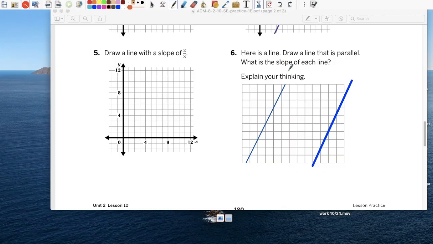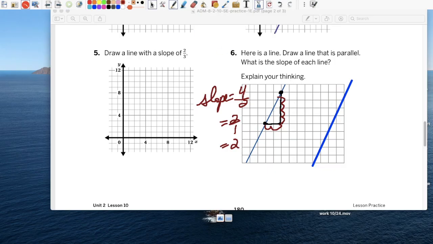Well, to find the slope of this line, I need you to pick 2 points. And again, you're going to pick points on the intersection, so that's 1 point, and this one. Let's draw my triangle. Let's find the slope. It doesn't matter. You can pick that point with this point, any 2 points that are on the line. That's the key. So again, remember what slope is. What's the height? 1, 2, 3, 4. What's the base? 1, 2. So the slope is 4 over 2, or better yet, 2 over 1, or just 2.